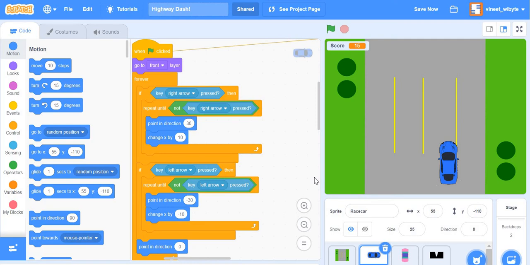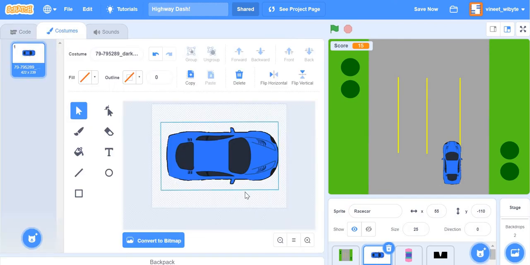So I kind of dug a little bit deeper into it. It turns out that this is to do with the choice of costume and this code for turning, right? So we'll talk about that, right? Notice the first thing is that our costume here is basically the car in a horizontal position. What I mean by that is that the front of the car is on the right side, right? So the entire code has been written with this costume in mind, which means that the front of the car is on the right side.